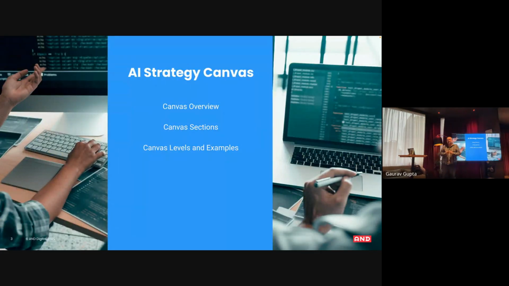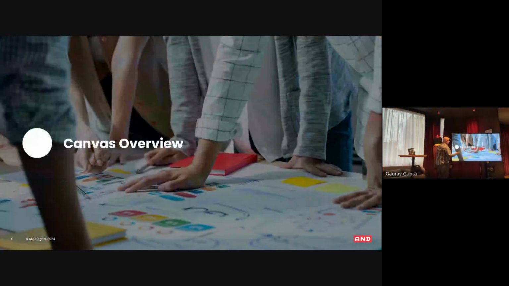What we're going to talk about in terms of the canvas is a bit of an overview. So I'll talk you through the sections quickly. We will look through some examples. I've written 3 examples on the Miroverse, which we'll look through on here. People online can look at them on Miro as well. And then we'll get into actually using it.